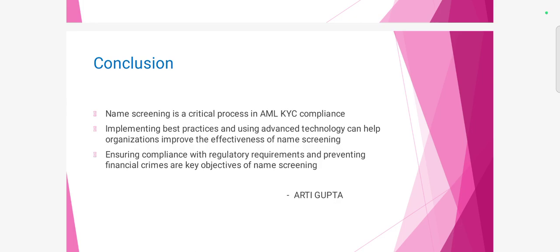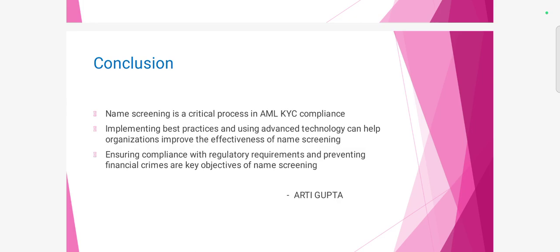Second step is implementing best practices, and using advanced technology can help organizations improve the effectiveness of name screening. We need to use advanced technologies, advanced software to improve the effectiveness of name screening. And last step is ensuring compliance with regulatory requirements and preventing financial crimes are a key objective of the name